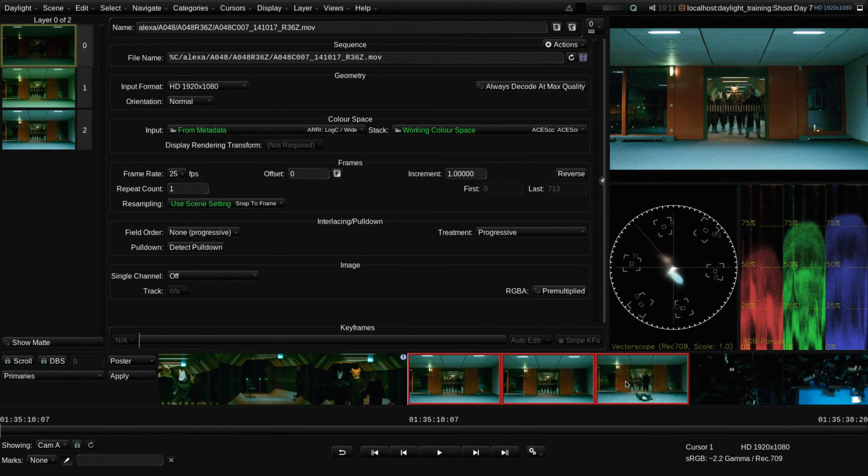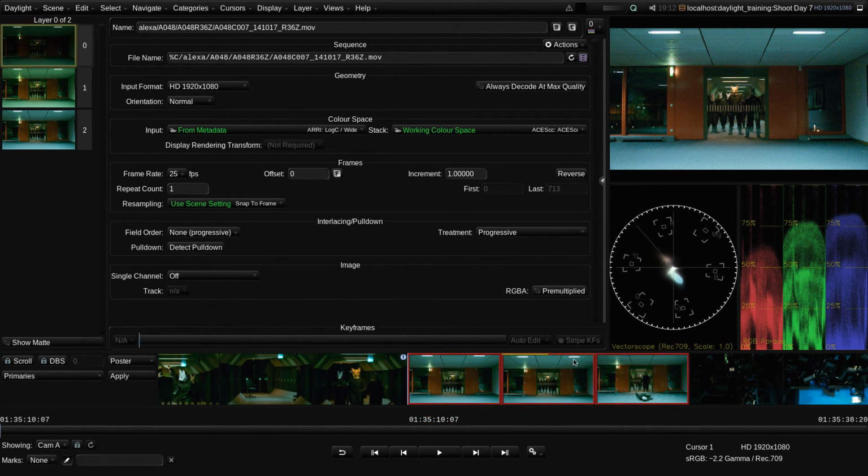Okay, so now I have a grade on these 3 shots, but it looks a little bright, so I need to reduce the level a bit. By going into the grouped grading mode, I can adjust all 3 shots at the same time. If you remember from the last tutorial, I can enable grouped grading by pressing Command G on the keyboard.